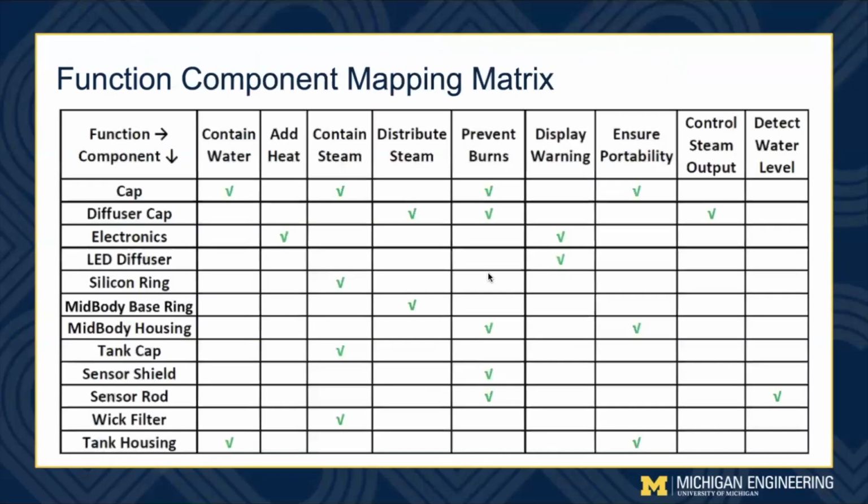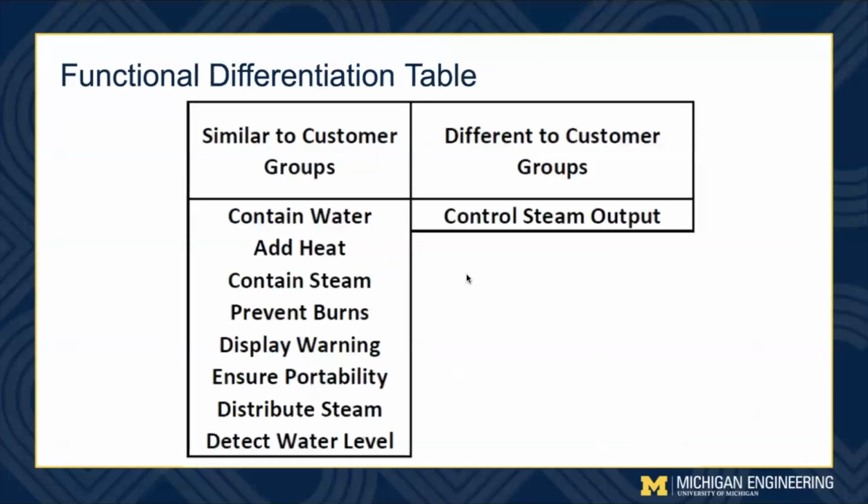As can be seen, most components in the matrix have either one function or between 2 to 3 functions mapped by the FAST diagram. However, the prevent burns function has 5 functions mapped, which could lead to an inefficiency. From the table, we also see that a few components are listed under multiple functions, which could call for part redesign or consolidation. As seen in the table, the only function difference between the customer groups is the control of